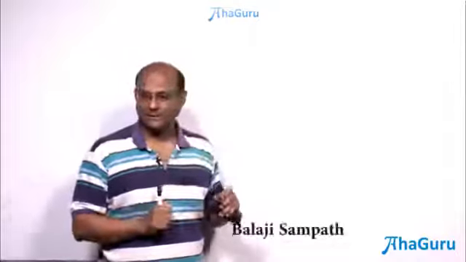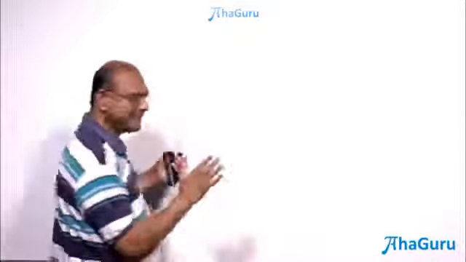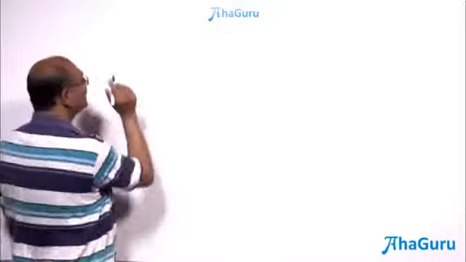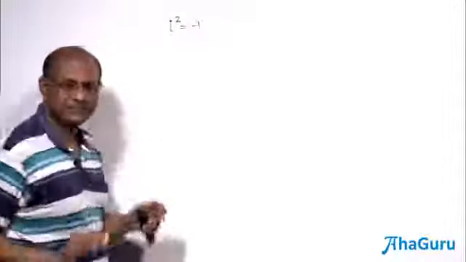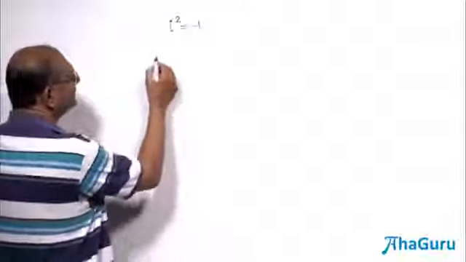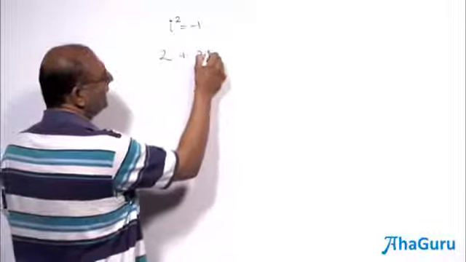Okay, so now let us very quickly see how we should add complex numbers, subtract complex numbers, multiply, divide, etc. You will find it's the same idea that you already know, except that now you are going to deal with two numbers. Just keep in mind that i squared is minus 1. That's it. Everything is built around this one simple idea.